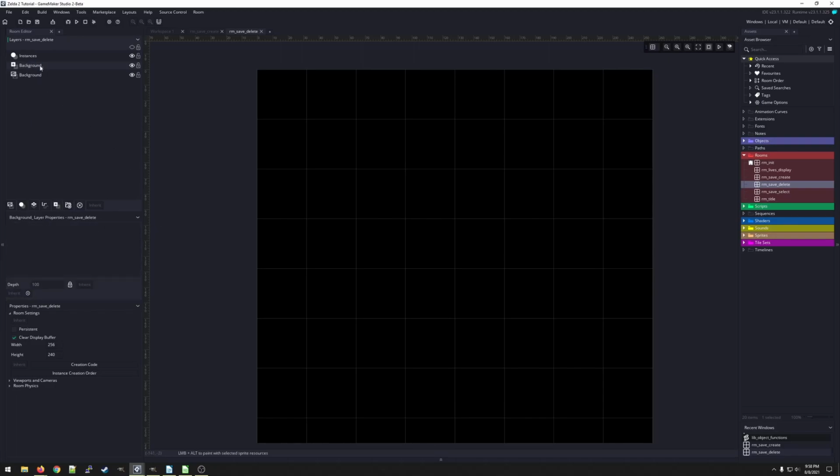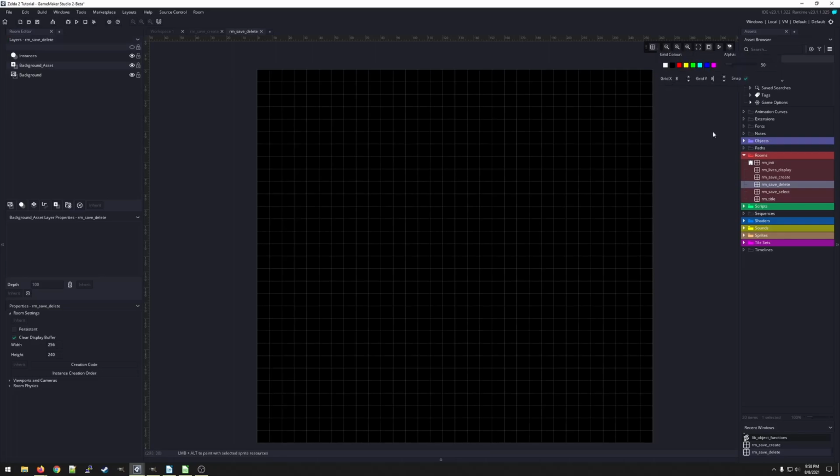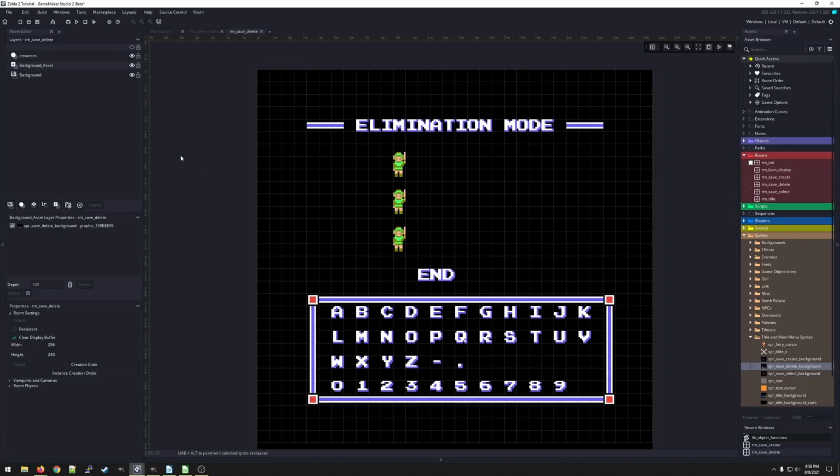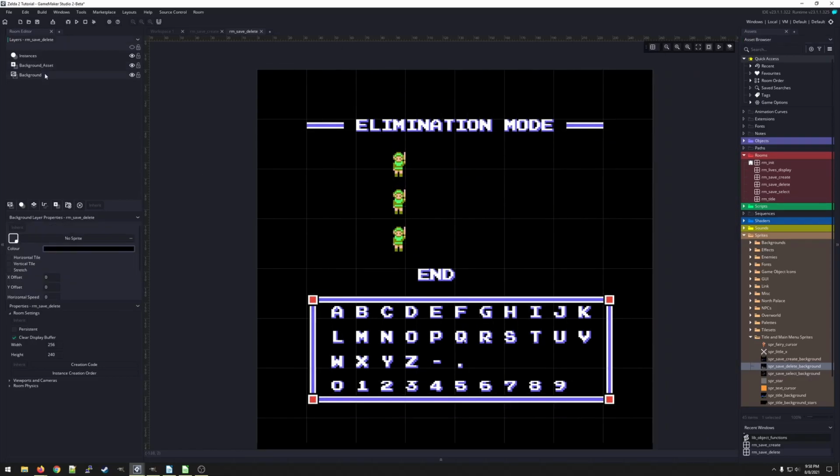Background underscore. Give it an 8x8. Go down to our sprites, title and main sprites, save delete background, drag it over to 0, 8, and background,